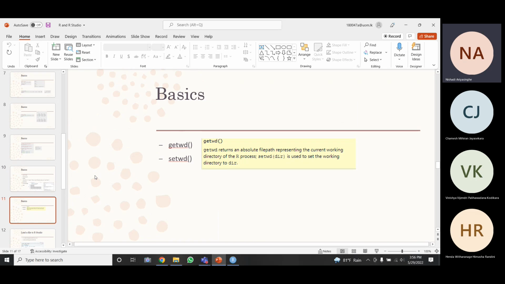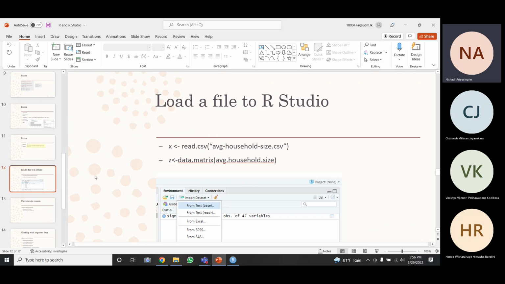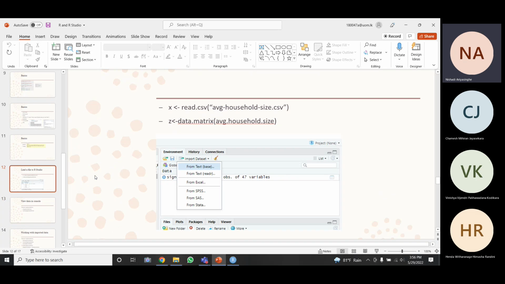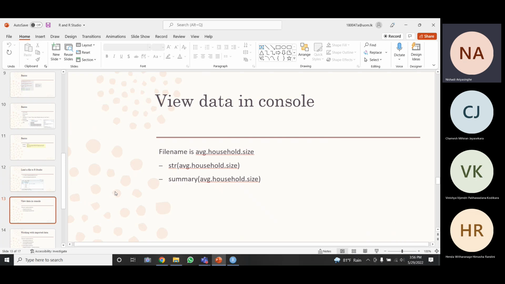So I have also included some other basic functions, and afterwards you can see I have also included how to load a file to RStudio using the command prompt, as well as other easy ways to load the file.